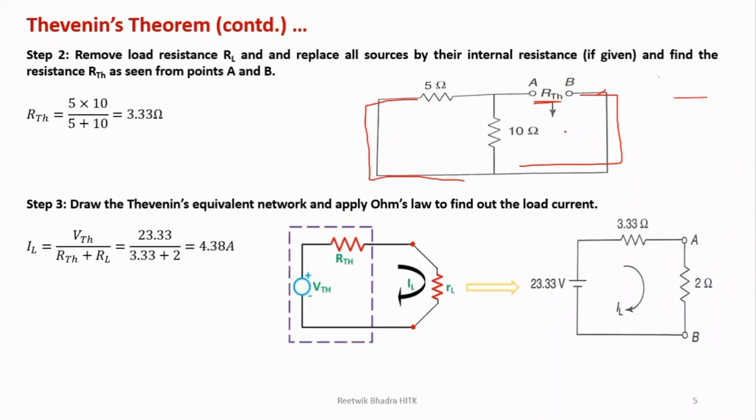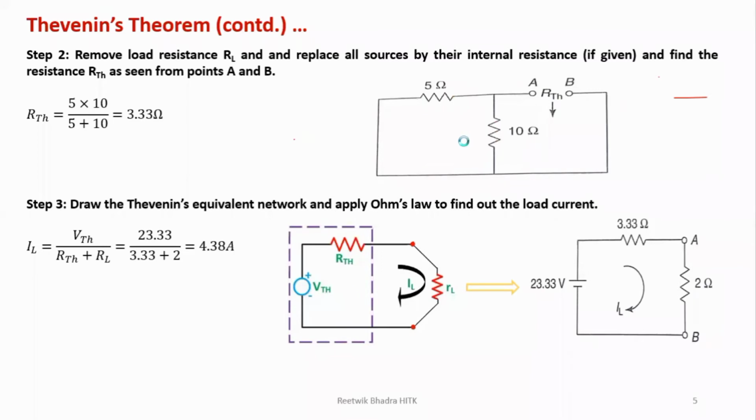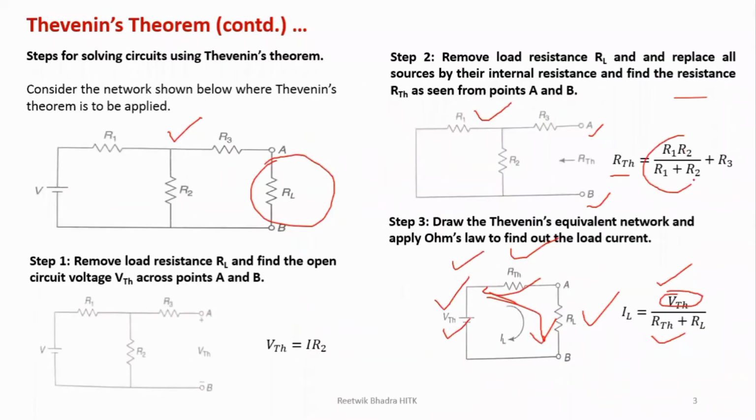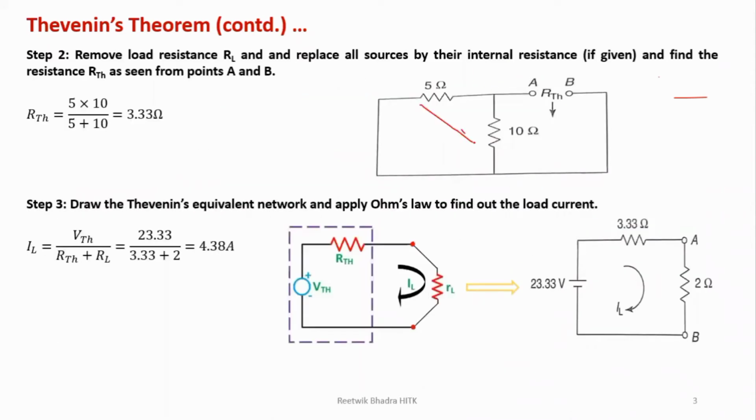Now if you look into this diagram from here, this 5 and 10 are in parallel. So 5 into 10 by 5 plus 10 will give you one single resistance. So you remove this one, this 2. That single resistance will come over here between this terminal. So basically your RTH is 5 into 10 by 5 plus 10. Please be careful how your diagram looks. Previously in this formula, there was a parallel combination plus series. But now over here we only have these 2 parallel combinations. So that will give you RTH.